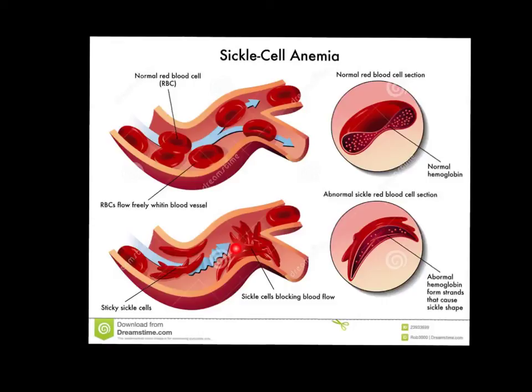Now here we have the abnormal hemoglobin formed strands, and you see this is what they should look like, little globular proteins. And if you have the disease, what happens is that the hemoglobin forms these strands that pull the cell into this odd shape, the sickle cell shape. And so really what you have to worry about is that there's some kind of change in the hemoglobin, and it turns out it's in one of those 4 protein polypeptide strands. There's some kind of change in the hemoglobin that causes that shape